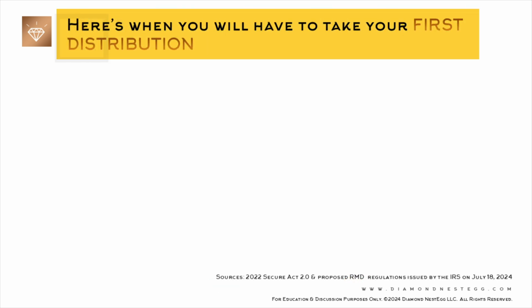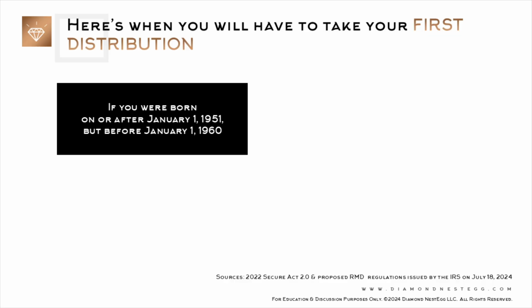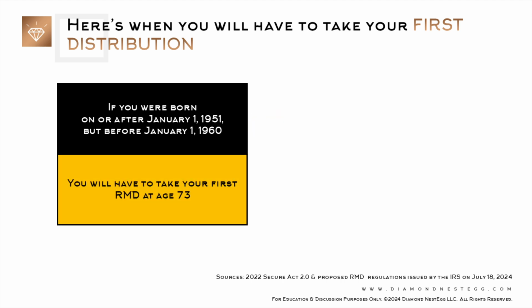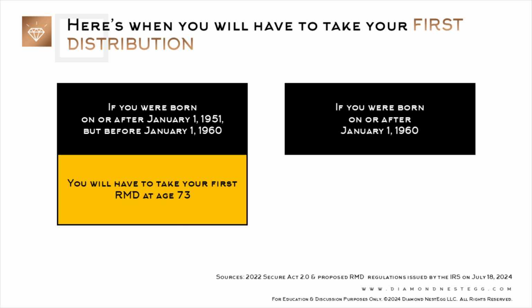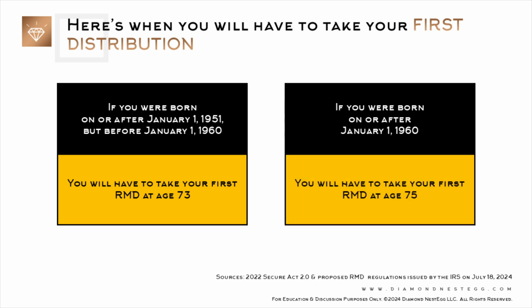will have to take your first distribution, if you're not doing so already. If you were born on or after January 1st, 1951, but before January 1st, 1960, you will have to take your first RMD in the year when you turn 73. If you were born on or after January 1st, 1960, you will have to start taking RMDs in the year when you turn 75. The amount of your RMD for every year is calculated by dividing the value of your